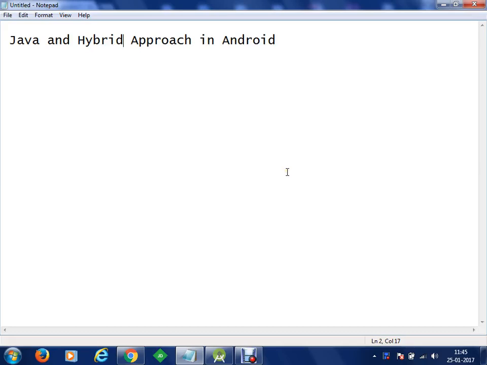So today what we'll do, we'll understand Java and hybrid approach in Android application development. As far as approaches are concerned, you are already aware that you have to create a layout, you have to drop controls, you have to specify text, and then you have to perform event handling. Now we are going to do the same in Java approach, but in this file we are going to